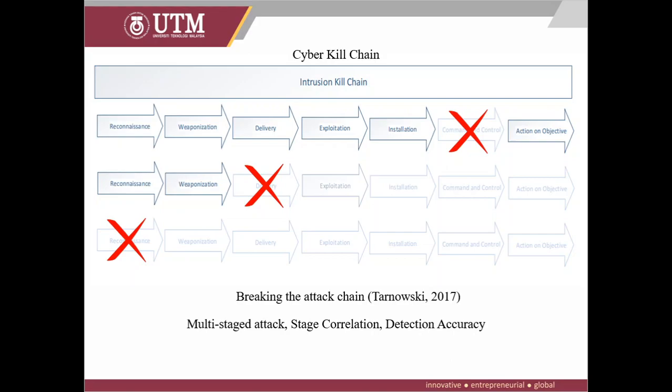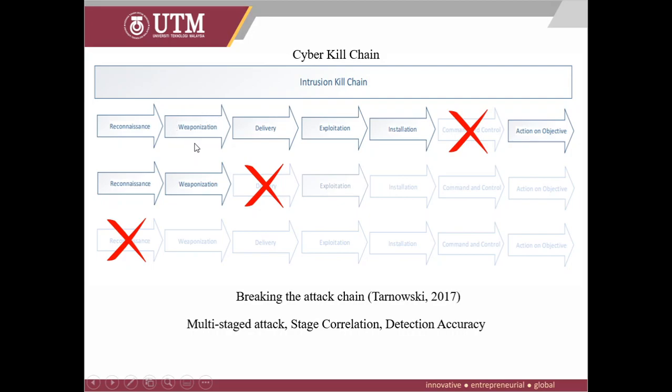Now, the cyber kill chain. As I mentioned earlier, APT has its own attack sequence steps, and the steps of APT can be expressed or understood with the cyber kill chain, also known as the intrusion kill chain. So the first step of APT is reconnaissance, where they collect data and information about the victim that they can use to weaponize